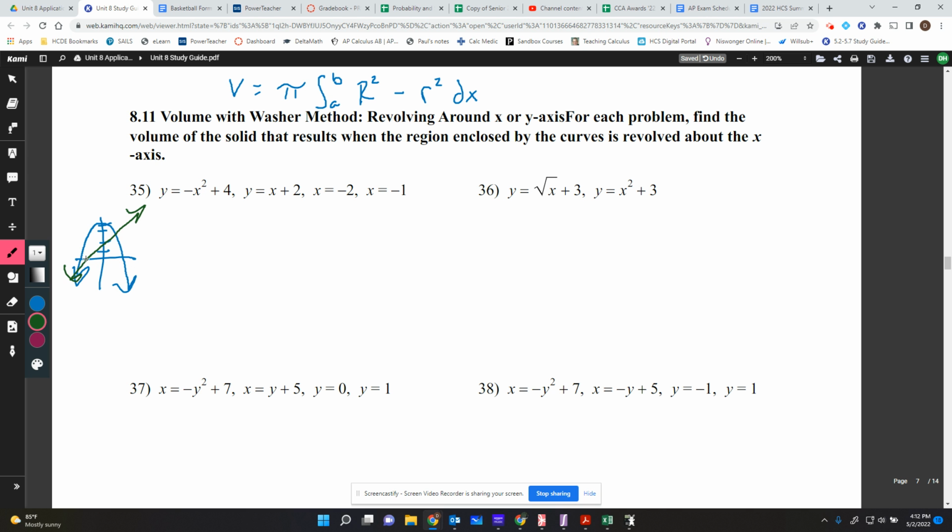And it says from x equals negative 2, and negative 2, if you put that in, would be negative 2 plus 2. That's going to give you y equals 0. That's right there. If you put negative 2 in here, you're going to get 0 as well. So technically this point should have matched up, but we're going from there to x equals negative 1, which would be somewhere around here. And so we're taking this piece,